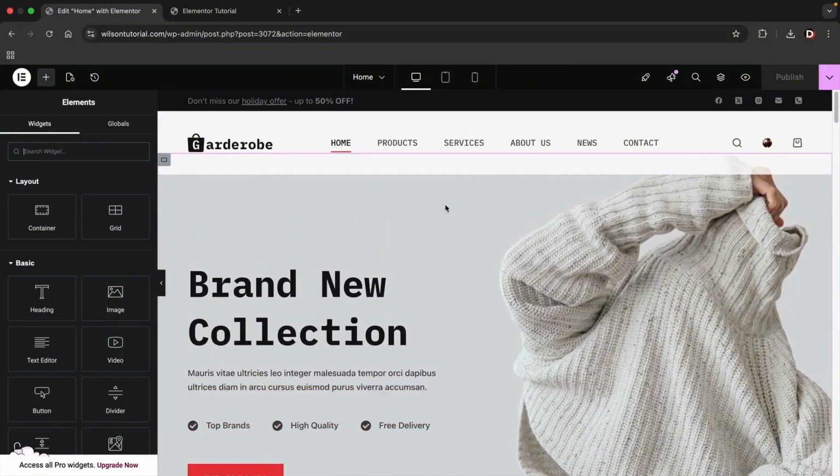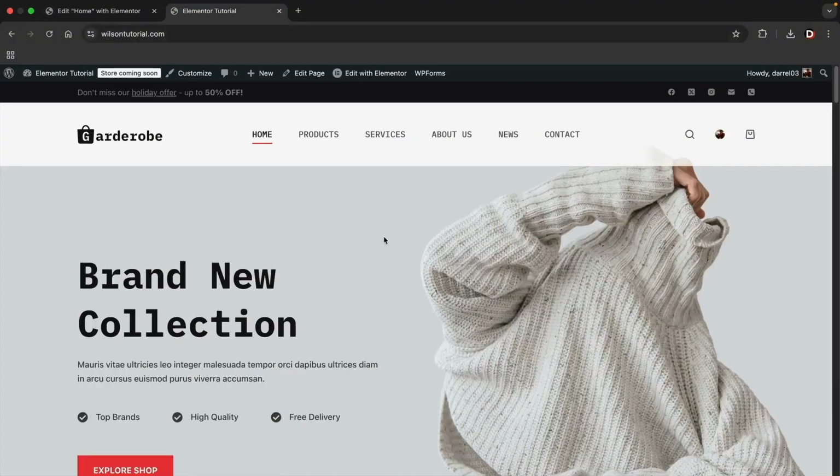Now, real quick, when the author created this template, they used a transparent header. So right here, you'll see that it's a bit transparent. And the problem with this is that it forces Elementor to go up here, but we can't really access that. The first thing that we're going to have to do in order to continue this building process is to disable the transparent header. So what I want you to do is go over to your website on a brand new tab,